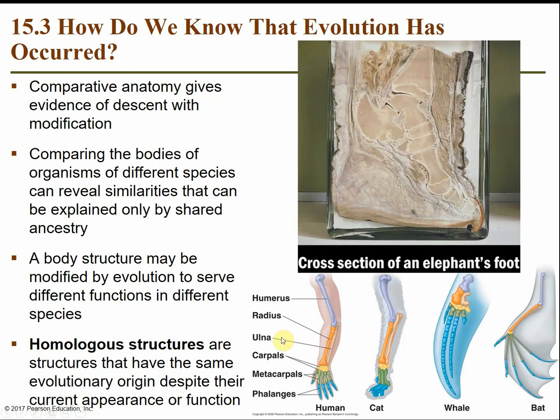Same thing looking at the upper arm bone of different mammals. We all have the same basic upper limb bone structure, but it's been molded and shaped to suit different functions. So humans, we use our arms for grasping and reaching, but we have a humerus, your upper arm bone, the radius and ulna in the forearm, and then the wrist bones and the fingers. Looking at a cat, they also have a humerus, a radius and ulna, and the wrist bones and finger bones, phalanges, metacarpals.